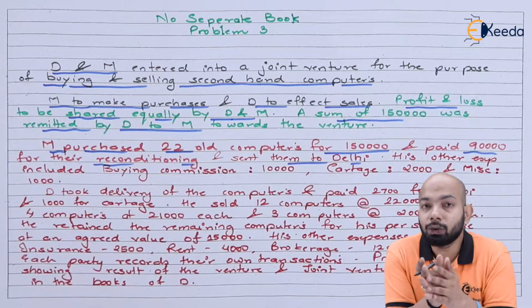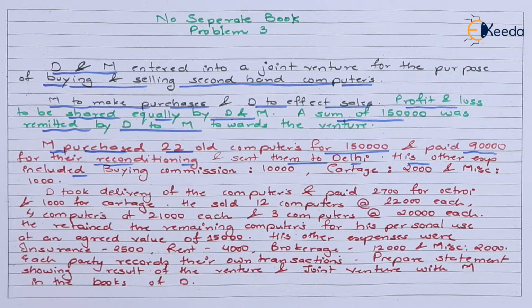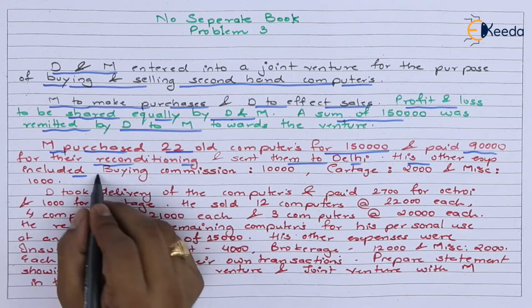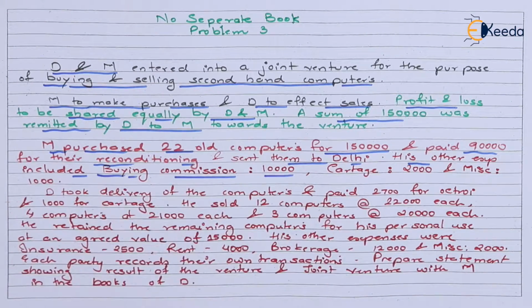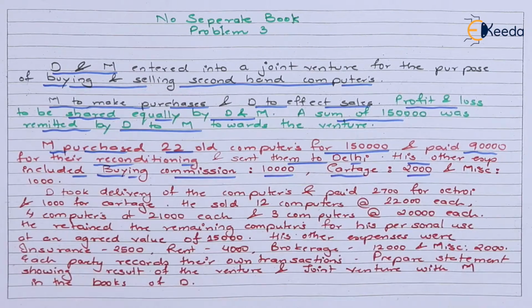And then he sent it to Delhi. M's other expenses included buying commission expense, which amounted to 10,000, cartage expense, which amounted to 2,000, and miscellaneous expenses